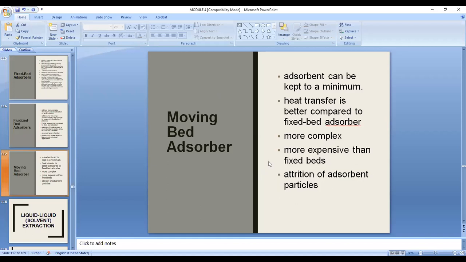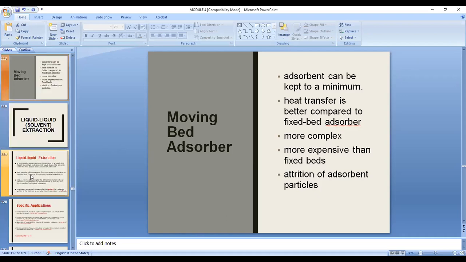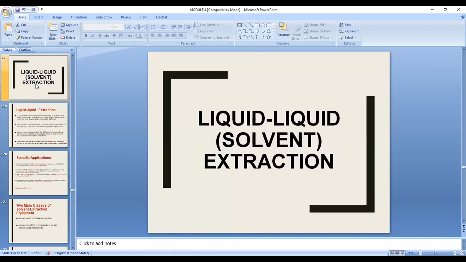When you speak of attrition, class, it is the reduction in the efficiency of how your adsorbents adsorb the solute on its surface. So over time, not that it gets to be saturated, but in terms of how efficient it is to adsorb the solute, it is decreasing, or there is a reduction in its efficiency. That's what attrition here means. Okay, now we will not anymore have a break in here because that was a short discussion on the adsorption process, the adsorbers and the isotherms. So we will go to liquid-liquid